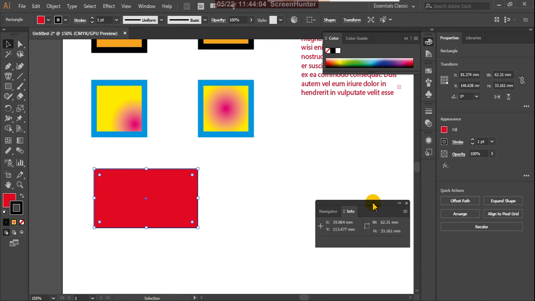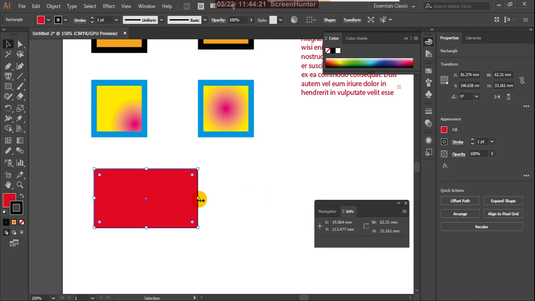If you observe this box, it shows width 62.31 mm and height 33.161.